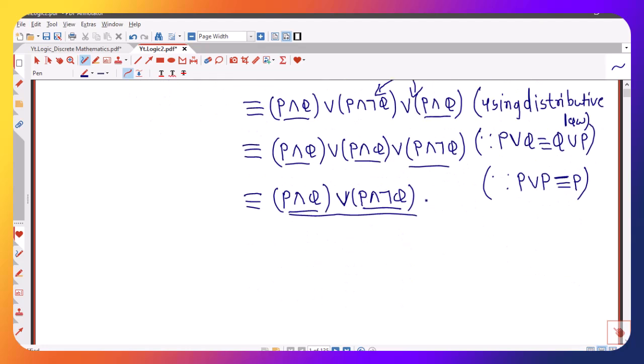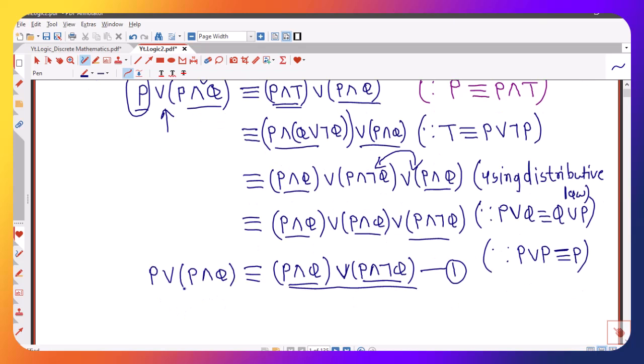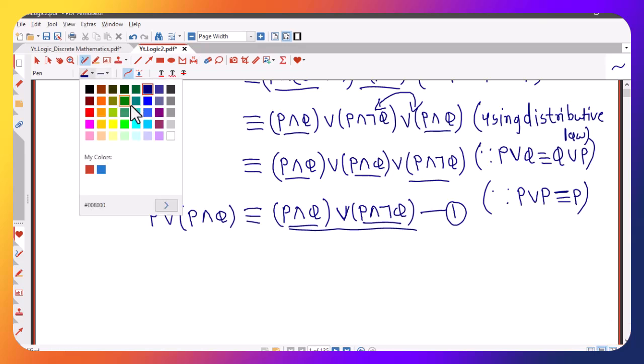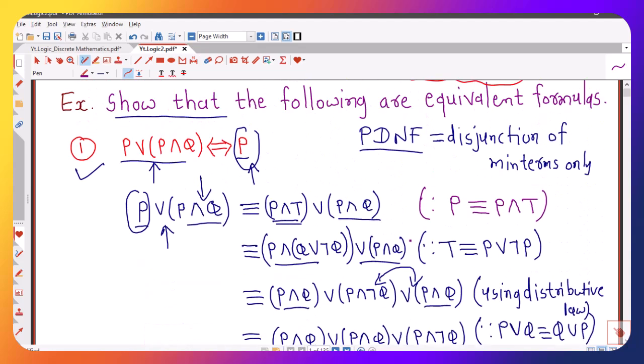So we can give this number 1 here. This we can rewrite here also. So what we obtain, P or P and Q is logically equivalent to this, and this we can use later after finding the PDNF of the second formula,